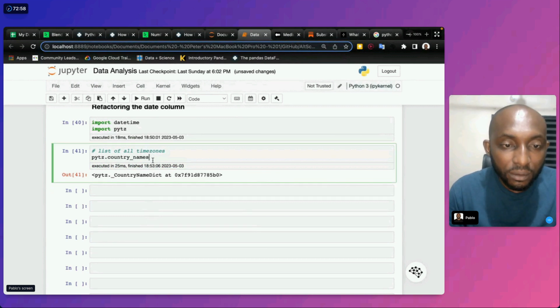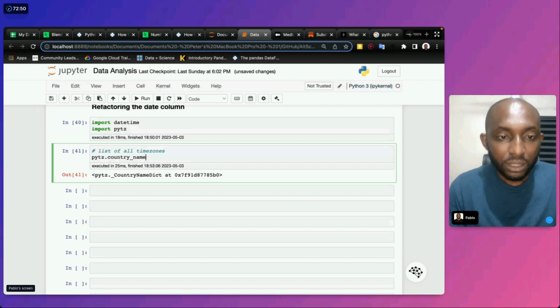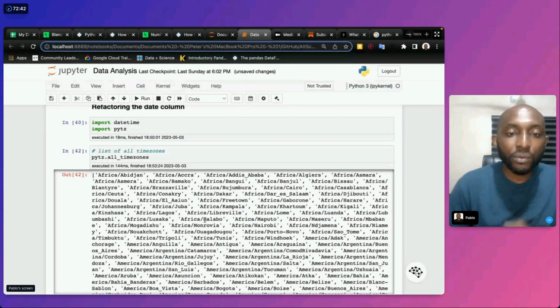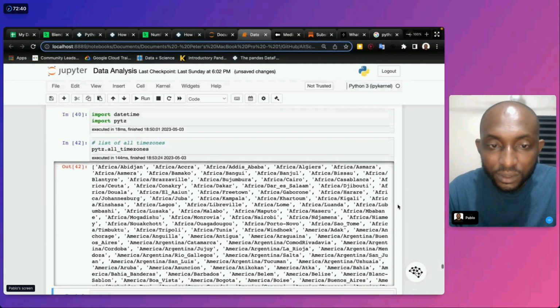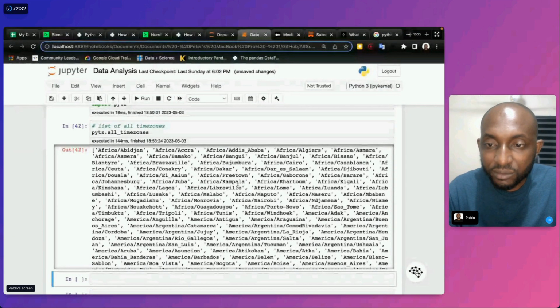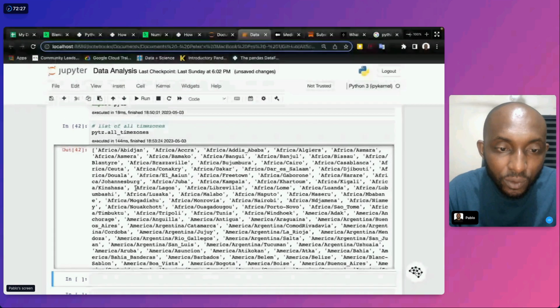You can see what this is in the dictionary format, so we can read it out like that. But let's also look at all time zones. Now you see here we have so many time zones, and our focus should be on Africa. Like I said, a lot of people are in different time zones, so they probably want to use time zones that are good for them. So I will be taking this time zone.